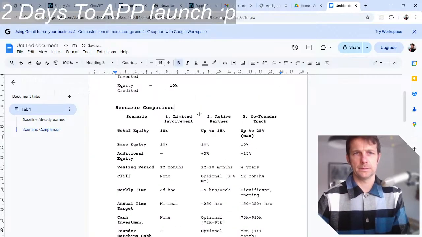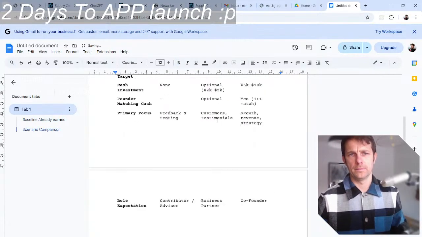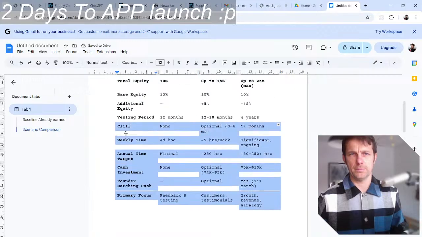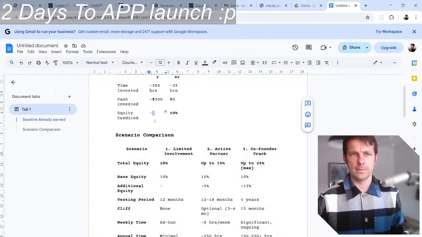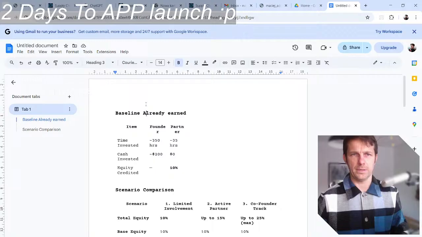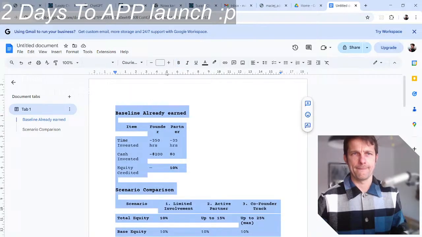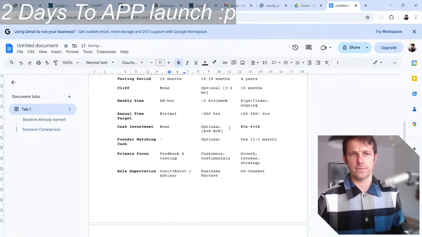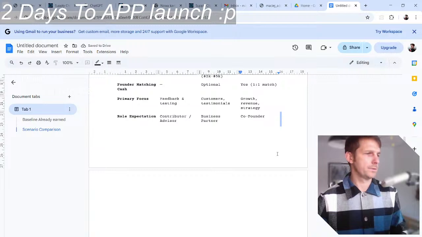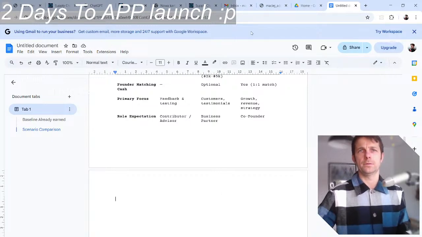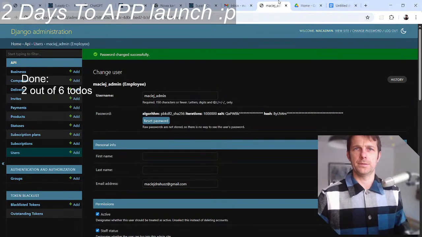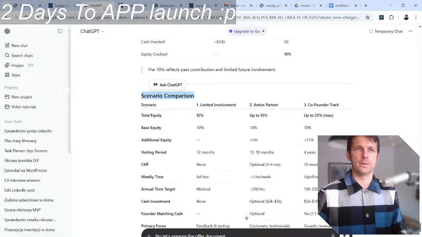Let's make this one. So this is a table, so maybe I want to have it on one page actually. Yeah, everything smaller, and this is one page. Good.